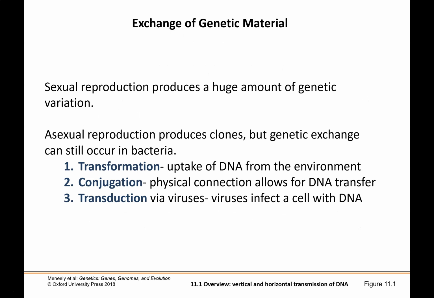So the advantage of sexual reproduction is that it produces an exchange of genetic material. And when it does this, it produces a huge amount of genetic variation. We saw crossing over or recombination where chromosomes physically exchange information. We saw shuffling of chromosomes in random assortment where you get new combinations in the offspring. And then we saw random fertilization where you get an unrelated egg and an unrelated sperm coming together to produce even more genetic variation. But the vast majority of organisms on Earth actually reproduce via asexual reproduction.